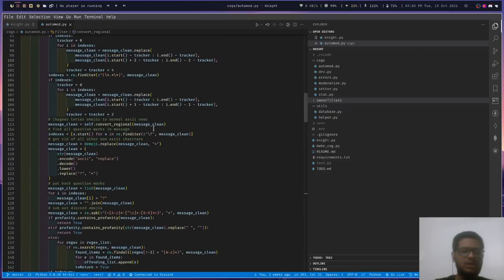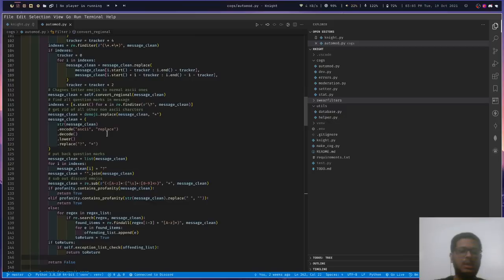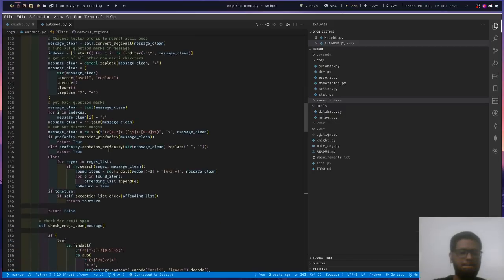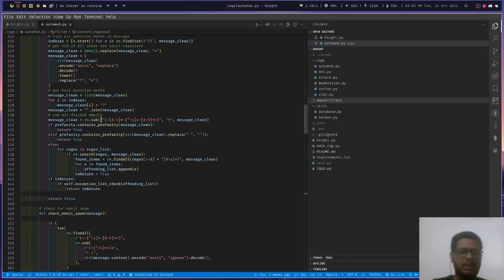We'll convert our regional characters and then encode them, and finally we will check for the Discord emojis and replace them. Discord emojis generally start with name colon ID.